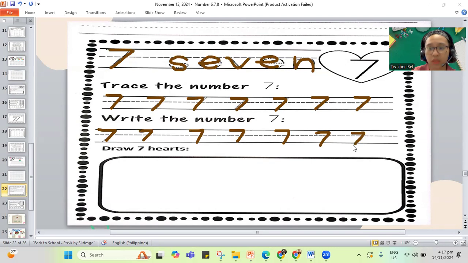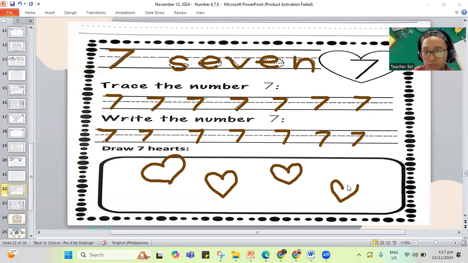Okay. Almost done. We'll get to also draw the heart. So how do we write or draw the heart? You go to the side and curve and the other side again, and it should be pointy at the end. So that's 1 and 2. That's 3. That's 4. That's 5. Then 6. And what do we need? It should be 7. There you go, 7 hearts.